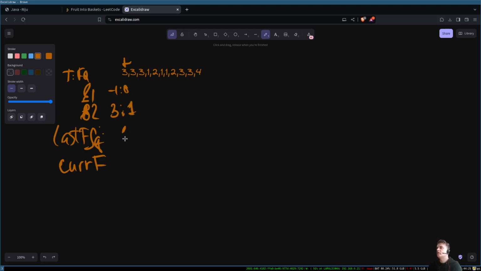We increment the last fruit sequence, and we increment the current fruit sequence. We go further, we have 3 again, so again -1, 0, and here 3, 2. We increment the last sequence and the current sequence, and we have 3 again, so -1, 0, and here 3, 3. We increment the last fruit sequence to 3, and the current fruit number equals 3,